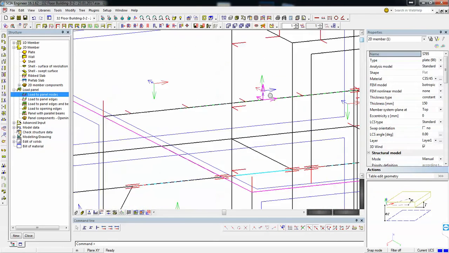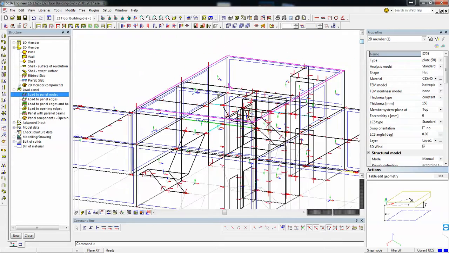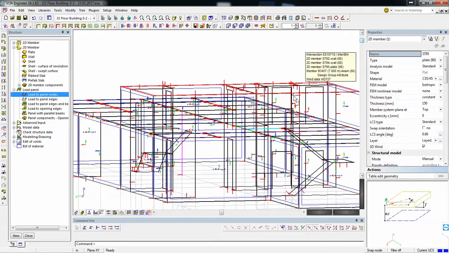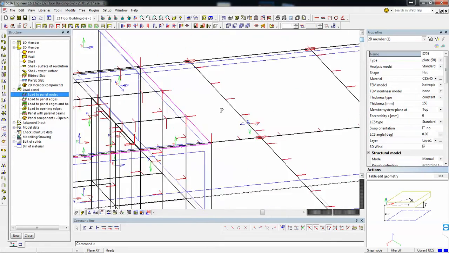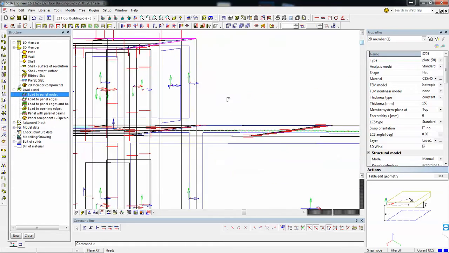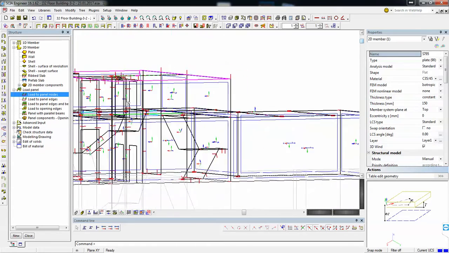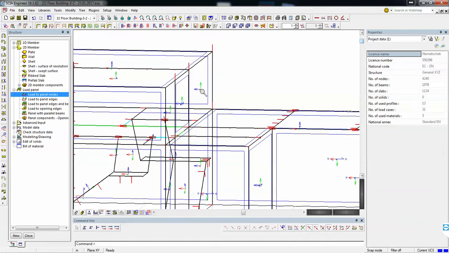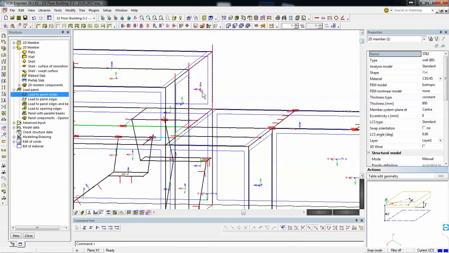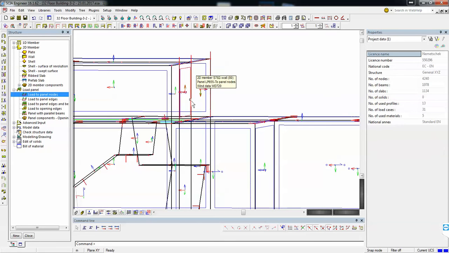So the z-axis is outside. Also for the walls it's okay. So I'm checking that all arrows are pointing outwards, both for walls but also for the panel. In this situation the arrow is pointing inward, so in order to get a correct wind distribution we'll need to swap the orientation, and the way I do it is just here in the properties I say yes to swap orientation.